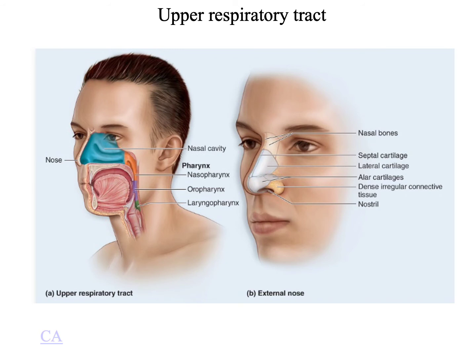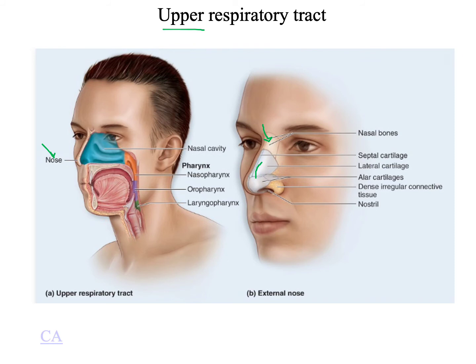We said that structurally, we can divide the respiratory tract into the upper and lower tracts. So let's start with some anatomy of the upper respiratory tract. And we'll begin with the nose. The nose is primarily made up of cartilage, as we can see here. And then above that, superior to that, we have the nasal bones, and that gives us the bridge of the